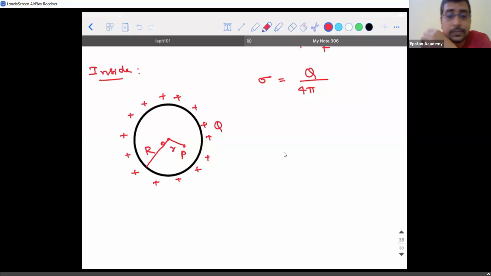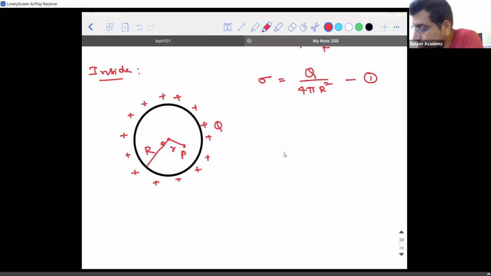Yeah, no. The spherical shell is of radius R. What is sigma? Sigma is charge density, the amount of charge per unit area. So it is 4 pi capital R square, the area over which the charge is distributed. If I take this as the first condition, now tell me the steps to be followed.